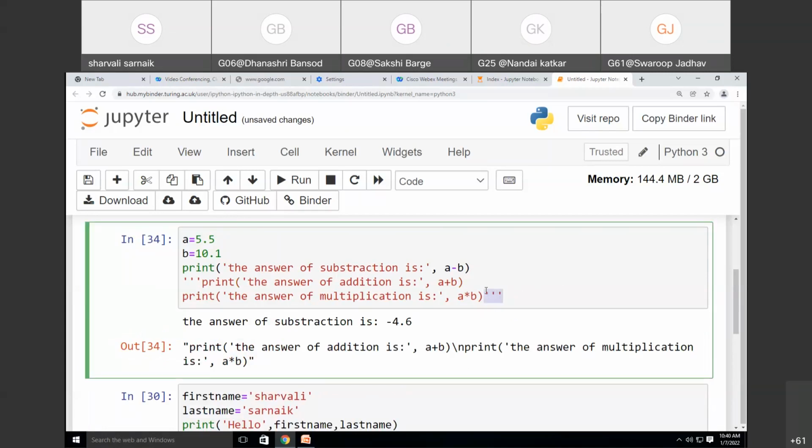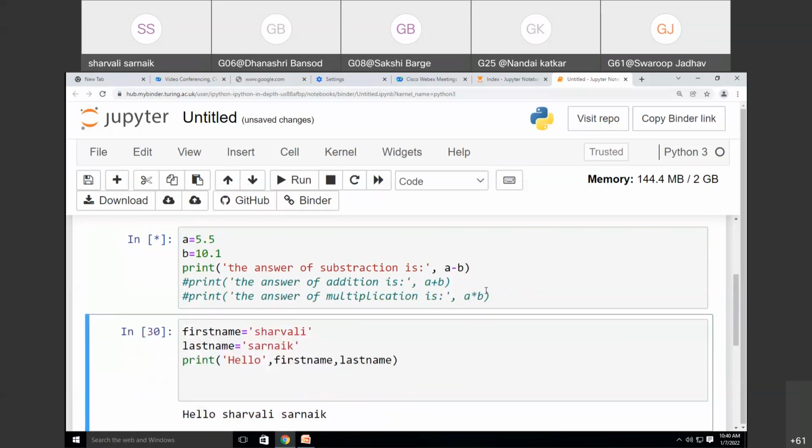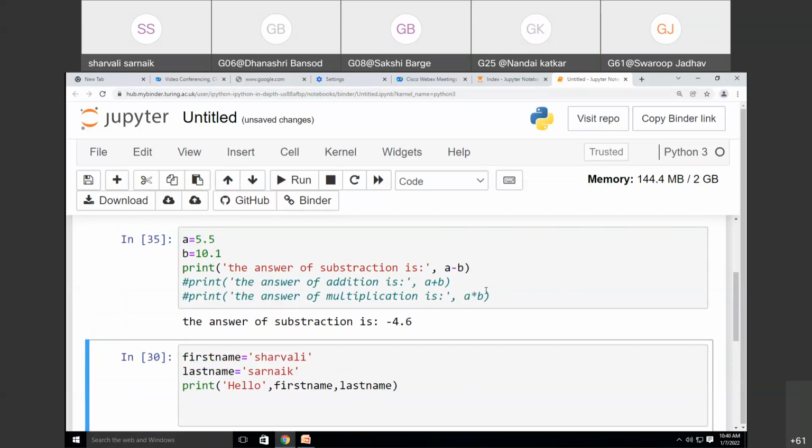This is a valid comment. Single quotes you can use, and even double quotes are valid. Or you can use the hash. Hash is a single line comment and three quotes is a multiple line comment. Comments are used for the programmer's purpose. Whatever the programmer wants to write to understand the code, he can write by using a comment. If it is in a comment section, it will not be included in the code or output. So this is a comment.